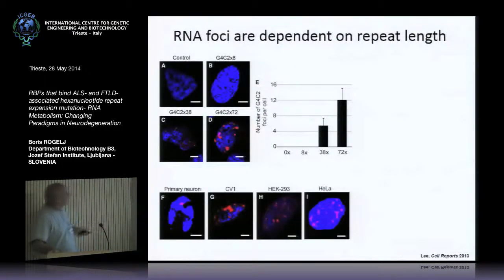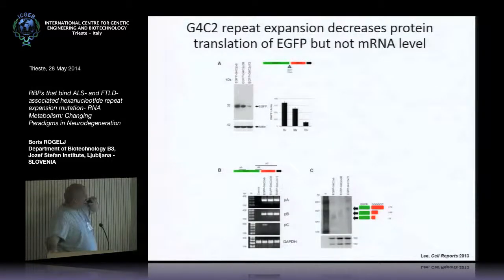So this is the RNA foci that were produced. They had a 38 and a 72 repeat and an H repeat, and the foci formation is basically dependent on the repeat length. And these foci have been shown to form in different cell types. So a little bit in answering Aaron's question about this, whereas RAN translation and